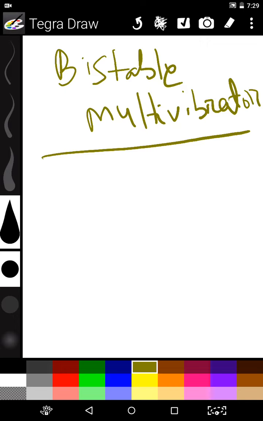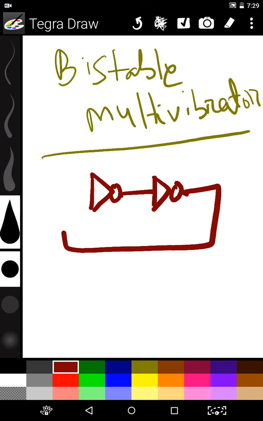Now we will discuss the bistable multivibrator. A bistable multivibrator acts like a buffer. How does it act like a buffer? If we use an even number of NOT gates in cascaded loopback connections, it will act like a buffer or memory element. It doesn't change the state until the input changes. It also maintains the input until another input is applied.